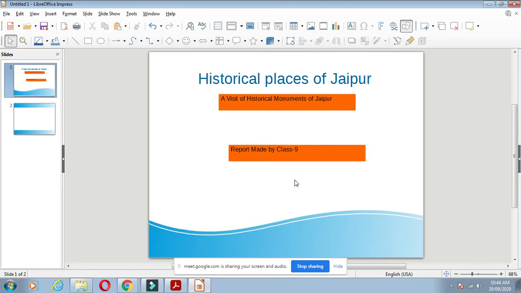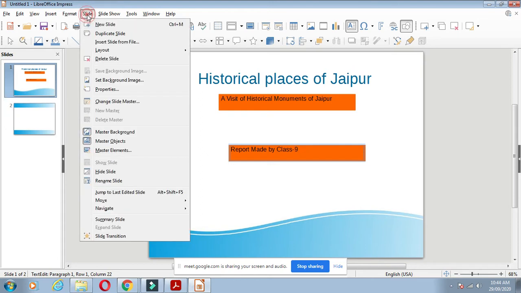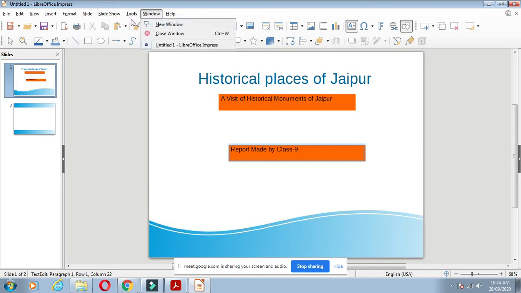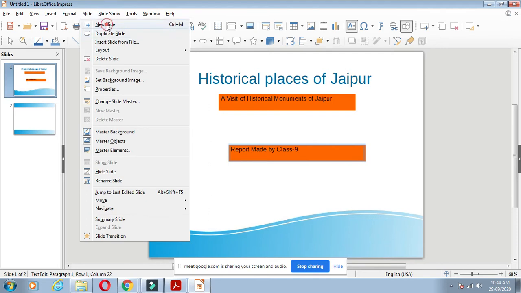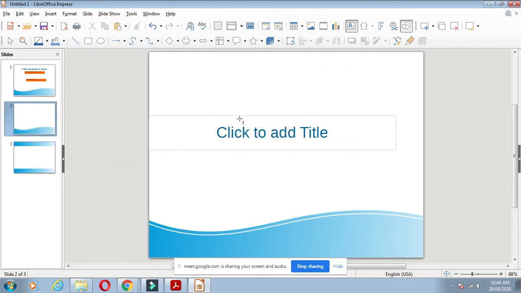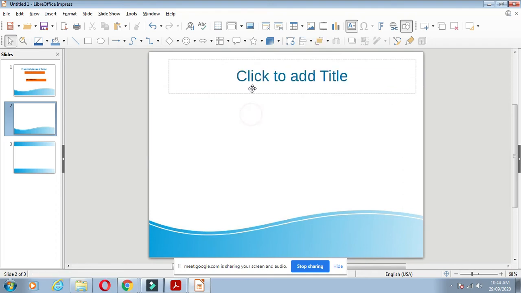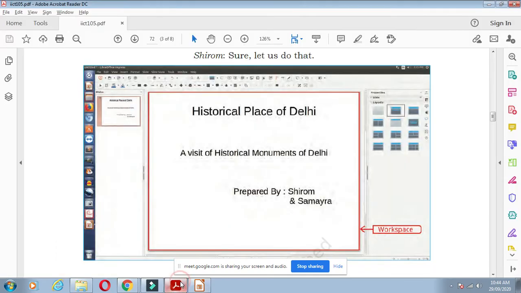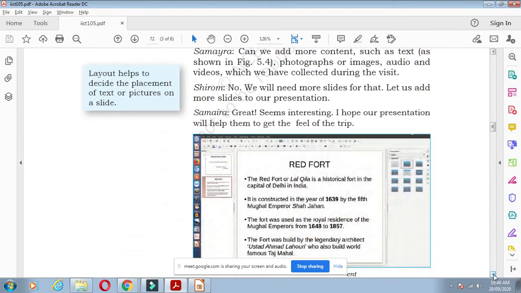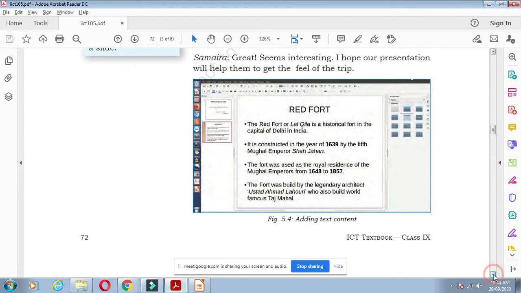Now, in one slide we can just make the title, and the second slide, if we want to again add the slides, we just go in the slide, click on the new slide. The new slide will come in front of you. In this way, again you can type what material you have about